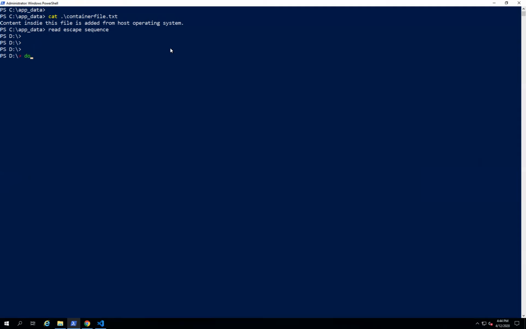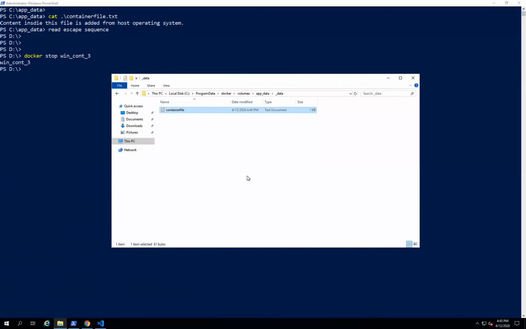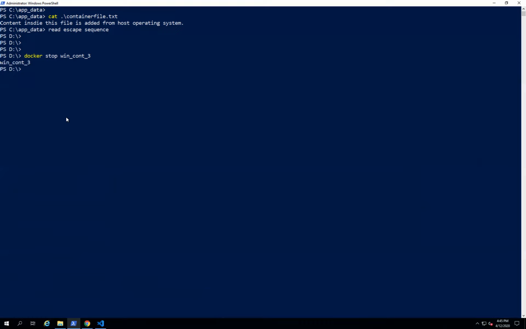Let's delete the container. Docker stop the container. Container is stopped and we are going back to the same location. I'm just refreshing here. Still the file is there. Let's delete the container. Container is deleted.